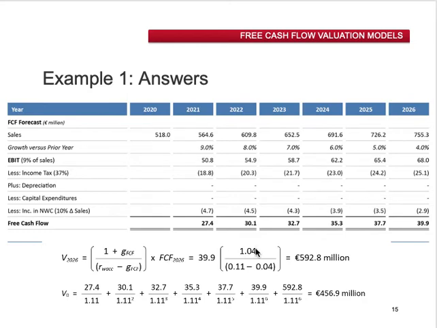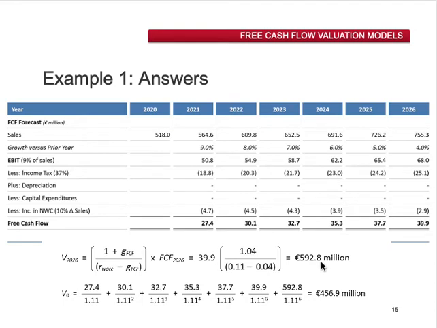However, there is a growth rate taken into account. So if we take the cash flow of 2026 and include the growth rate and of course the cost of capital, and you fit it in this equation, we will have a terminal value at 2026, okay, of